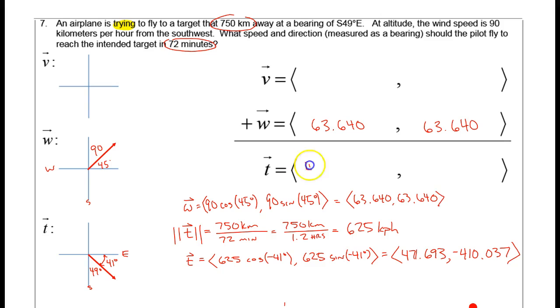Horizontal component needs to be 471.693. Vertical component negative 410.037. Okay, so let's take stock of where we're at. These two pieces of information in the problem were given. So what we're asked to find is v, the other vector, and that's our adjusted vector that the pilot will actually have to fly at